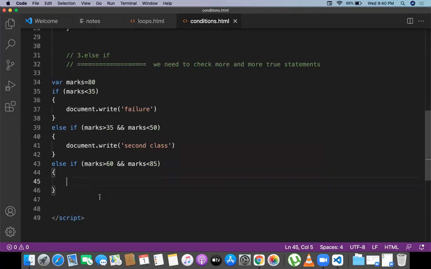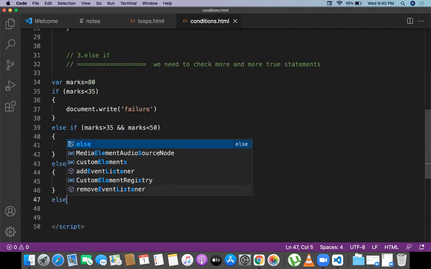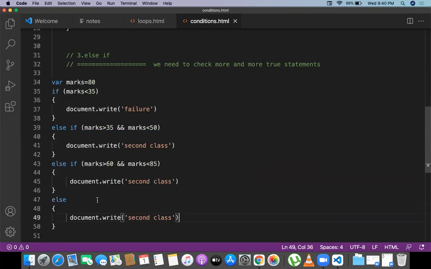So he is good, basically first class. Else part, finally I want to write something, the concept is same, document.write. This is the failure, this is second class, this is the first class, and this will be the distinction.